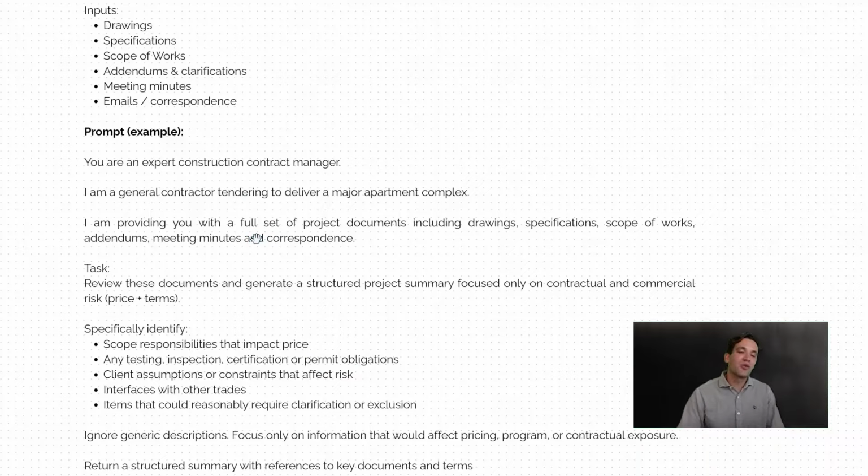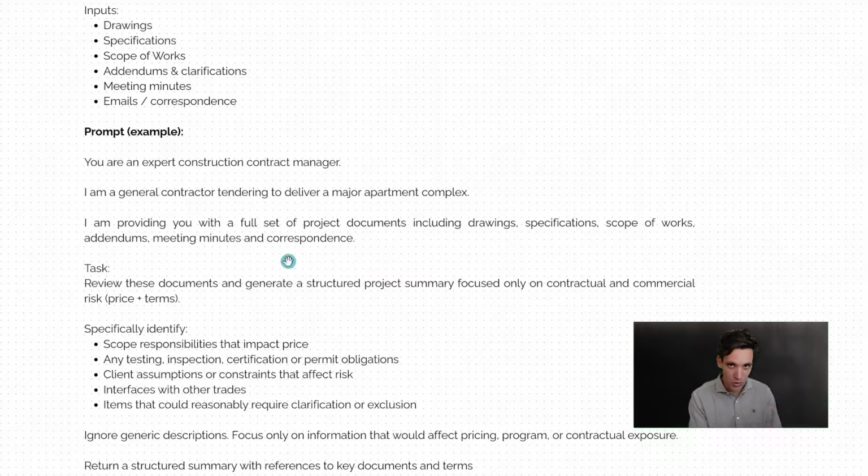First off, we want to upload our project context and information and turn it into a structured summary. We want to do this as a separate step to reviewing the contract. So first we want to generate a structured set of requirements relevant to the project, which it can use to base the contract review off, rather than trying to combine these into one step. So the first step is we're going to run this prompt to turn the set of project information into a structured set of requirements.